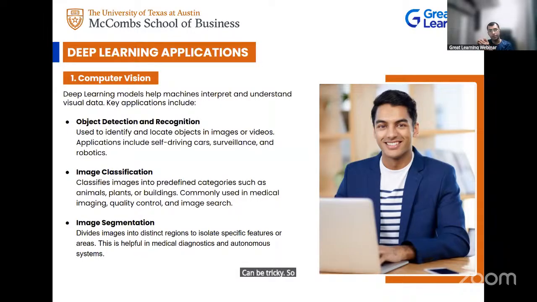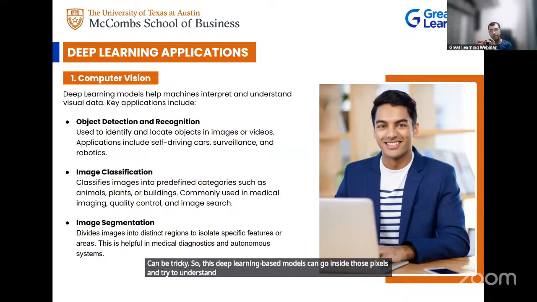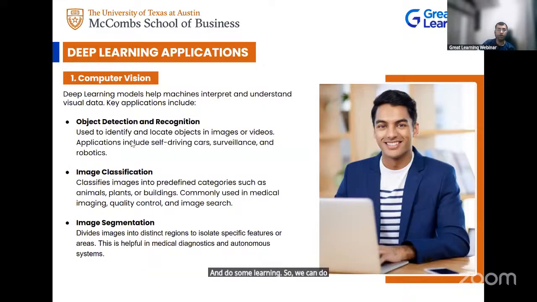So these deep learning based models can go inside those pixels and try to understand the relationships and do some learning. So we can do different types of applications like object detection and recognition. Given an image, what kind of objects are present? Is there a ball, car, person, any type of thing? What all objects are present as part of the given image is something that we do with object detection.